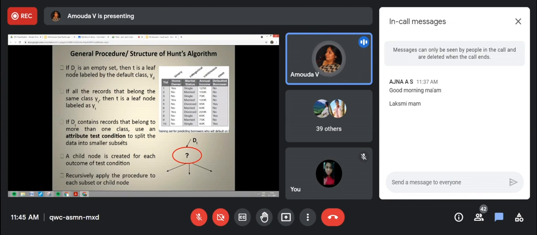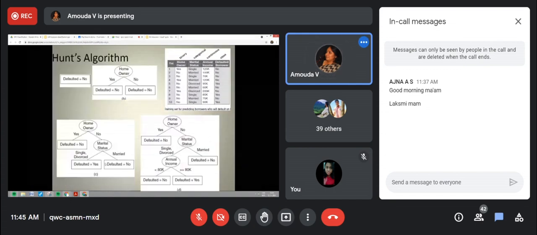A child node is created for each outcome of the test condition. If this condition does not reach the class label, then to see which class label it belongs to, we have to split it again. So the child node is created, and we further split on another attribute to check which class label it belongs to. We'll come to that later.